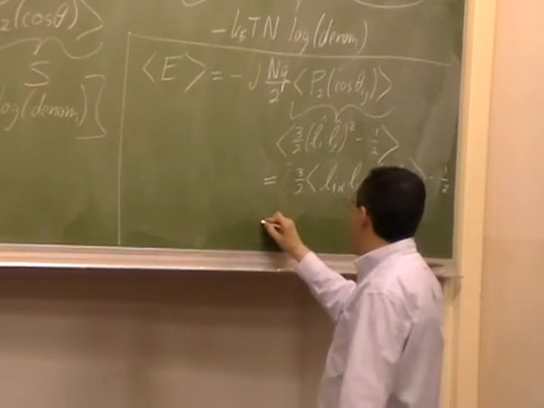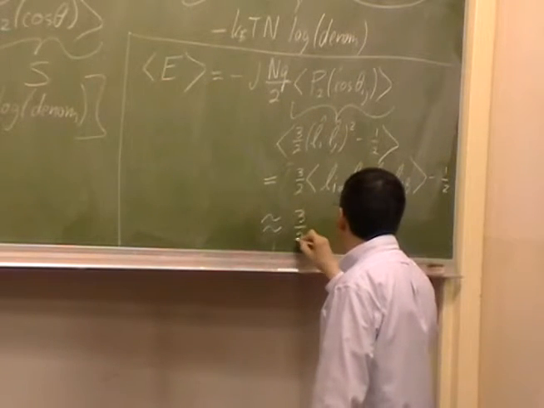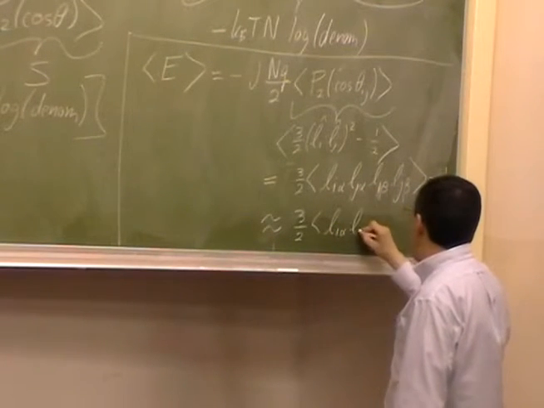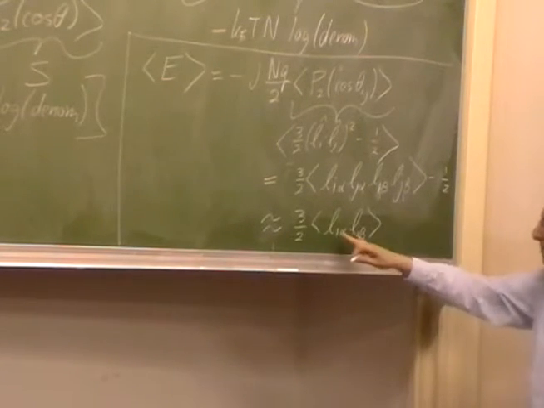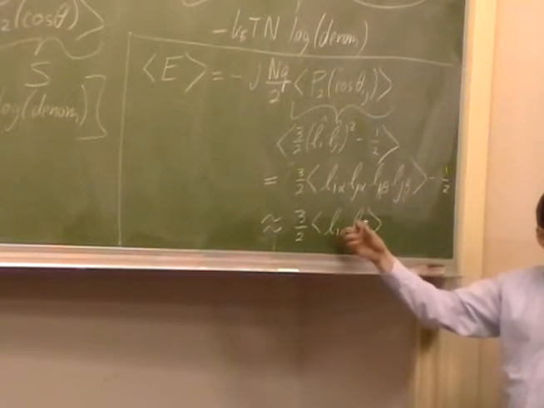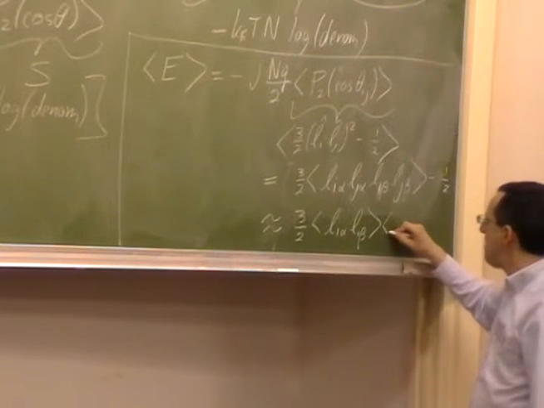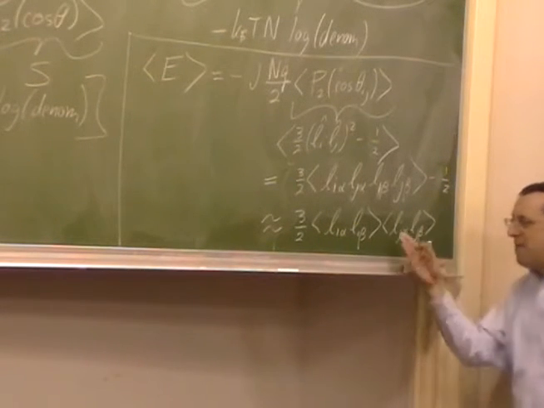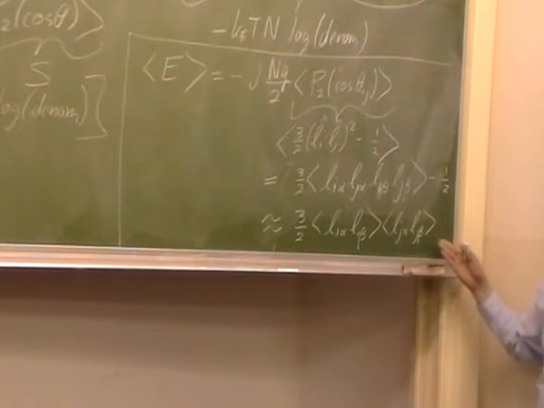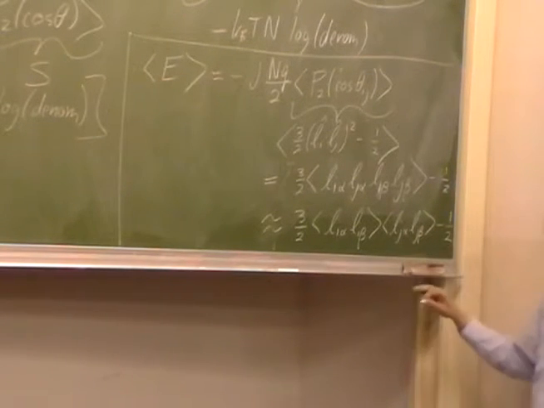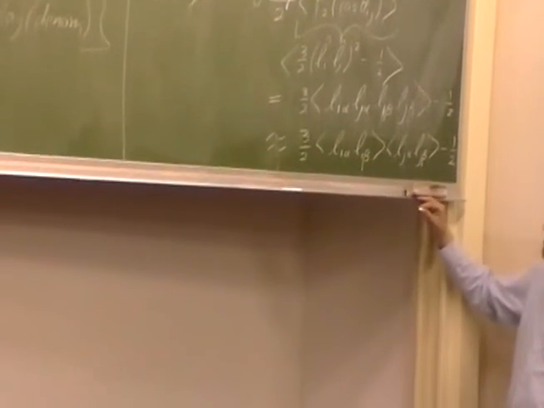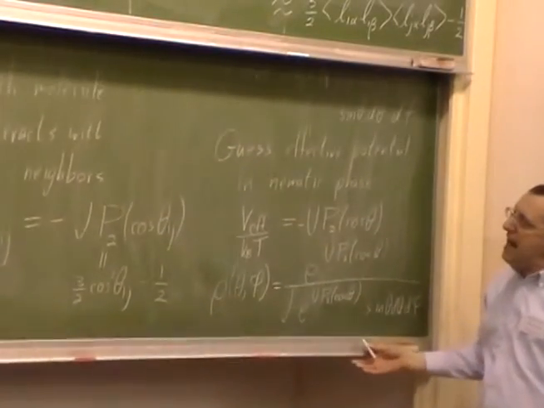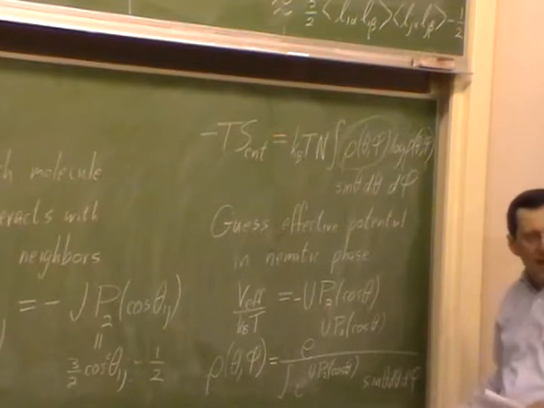Here comes our mean field assumption that these things are fluctuating independently of each other, so that we can neglect those correlations. And so this is approximately, at the mean field level, equal to the average of Li alpha, Li beta, properties of molecule number i, times the average of Lj alpha, Lj beta, properties of molecule number j. Minus